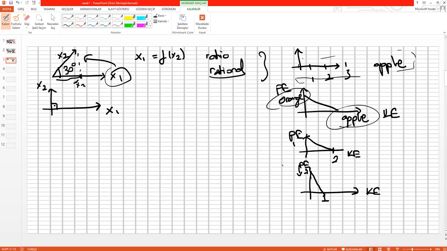What is the rule of this term by which the potential energy must convert entirely to the kinetic energy? Because PE and KE must sum to some constant and remain constant all the time. So how can we scale these two things, or how can we take the potential energy and convert it into the kinetic one?